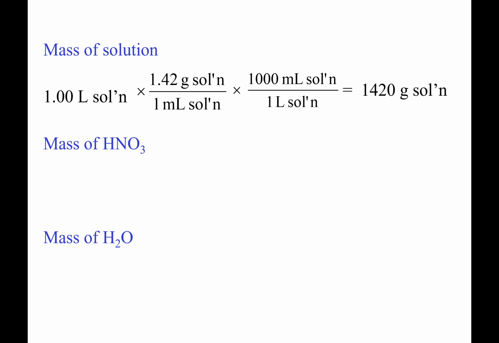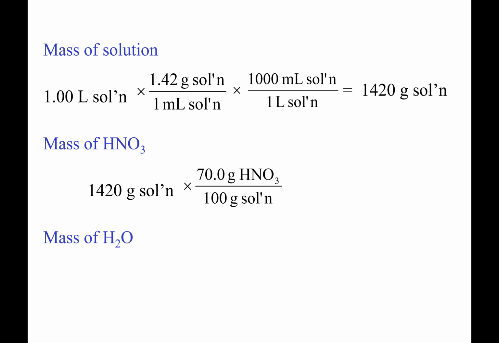Giving us 3 sig figs, you're looking at 1,420 grams of solution. Now, if I look at what I'm trying to do here, I don't have grams of solution as anything in the denominator, but I'm going to use it here in a minute to get to the relative masses of my solute and solvent. So I can use either one of these ratios to get to the mass of the HNO3. This one, I guess, this one, HNO3. So if that's the grams of solution we have, then if I just don't even flip this, if I just insert that there,